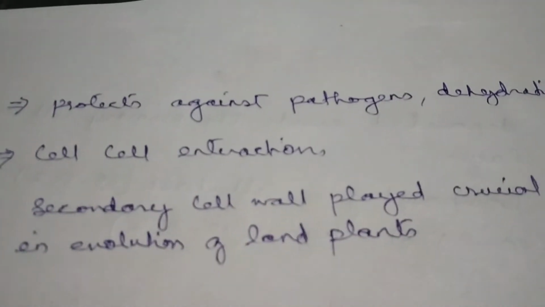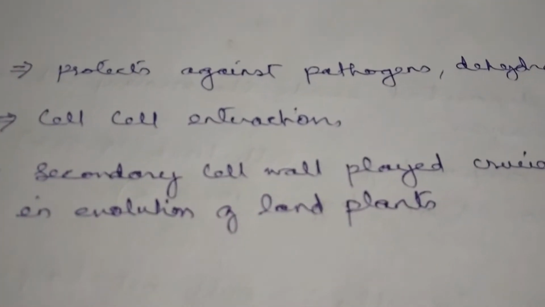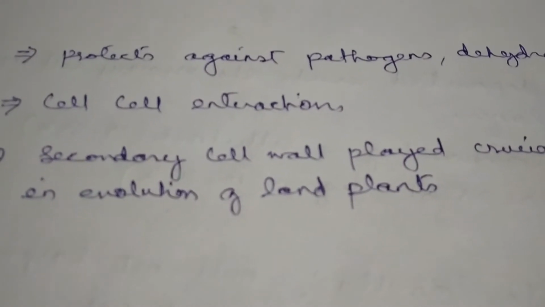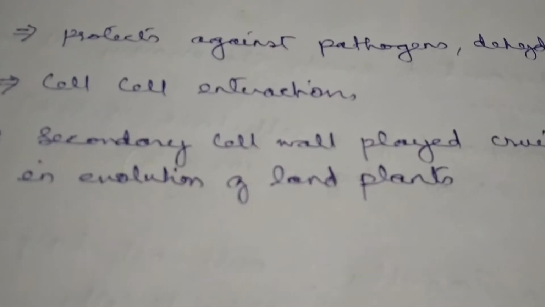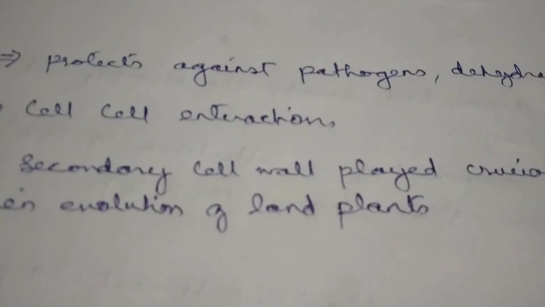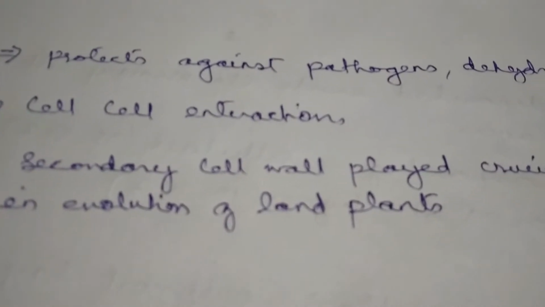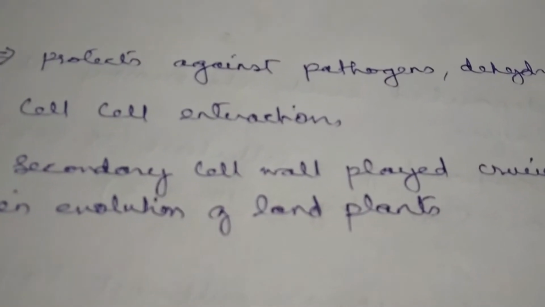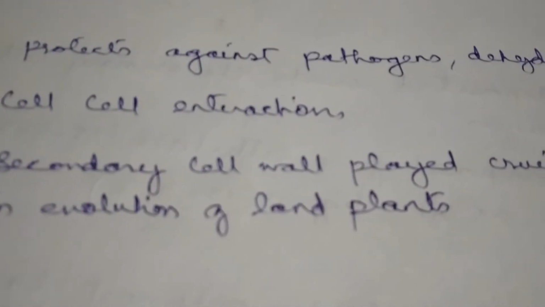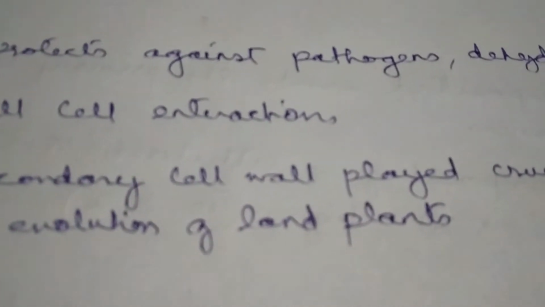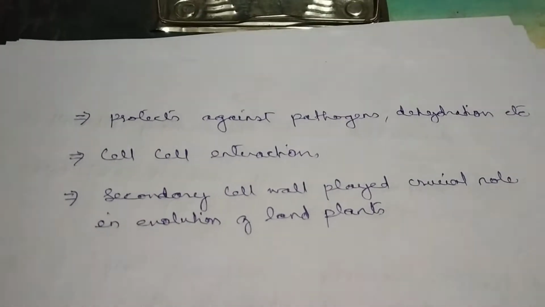They protect against the pathogens. Yes, they do. The cell wall, and there is an additional layer also which is known as cuticle, made of cutin deposited on the cell wall. So they are the first line of defense against the pathogens like bacteria, virus and other pathogens. So the pathogens have to surpass this to enter into the cell. So it provides resistance to the pathogens.